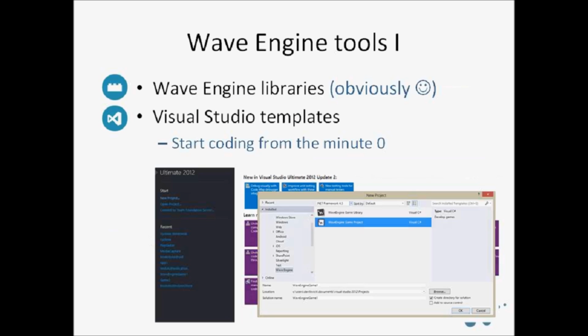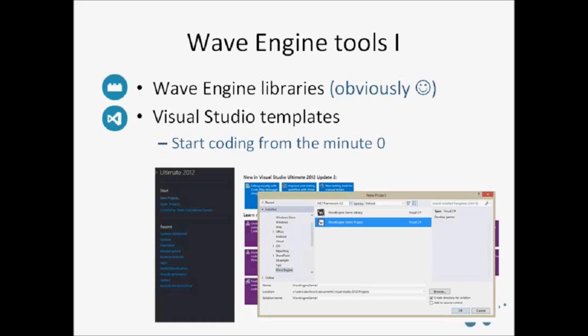Once you install WaveEngine, we provide a few tools, and we are going to see them in the following slides. The WaveEngine installer includes, apart from the obviously needed WaveEngine libraries, which are a bunch of DLLs for each platform, which you will find within C:\Program Files, WaveEngine, and so on.